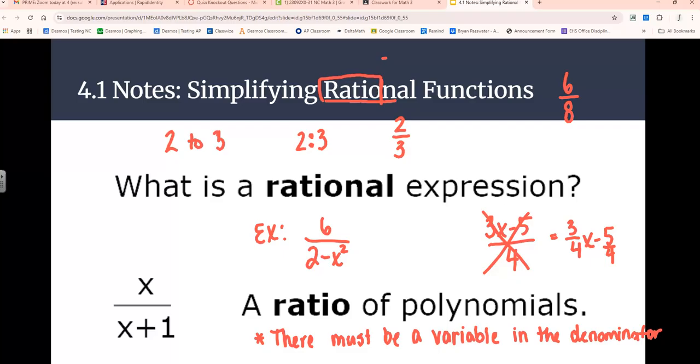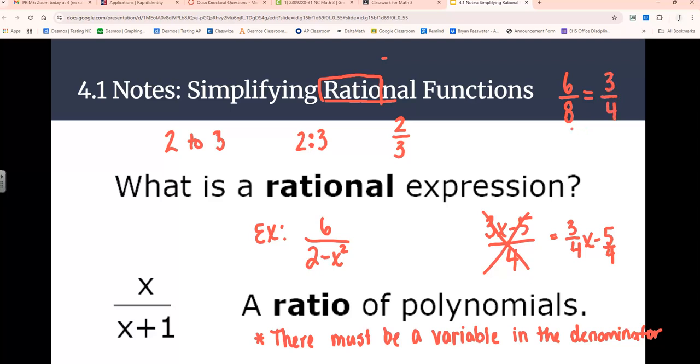If I have the fraction 6/8, what could I do to it to change it, but it wouldn't change its value? I could simplify it. What would I get when I simplify that, Carson? 3/4,